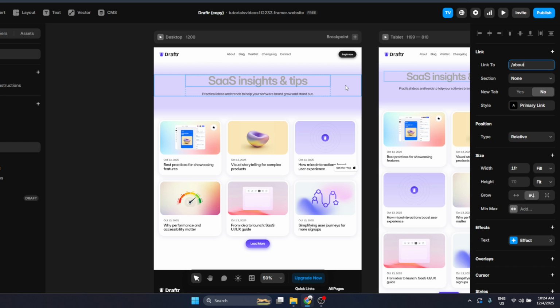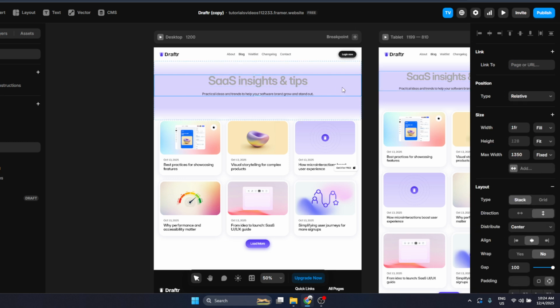Take a moment to preview your project. Use the preview or play button, then click the element you just linked. You should be taken straight to the page you selected. If it doesn't feel